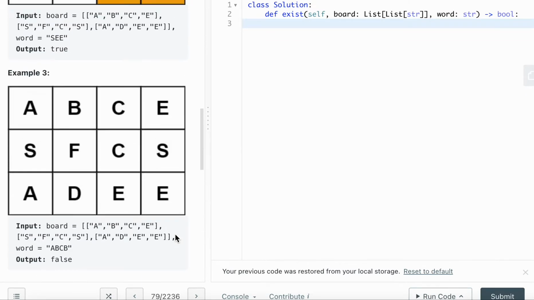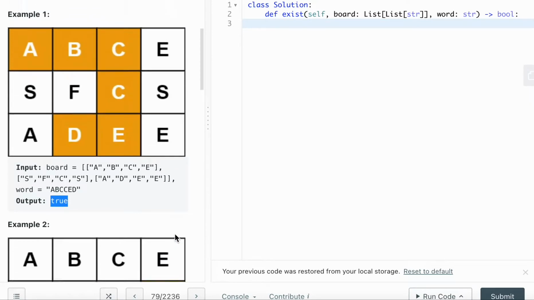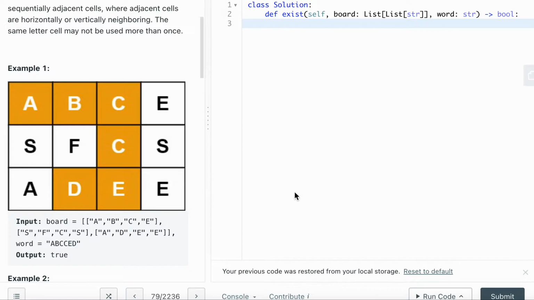And when I look at this question, I think the easiest way is to solve it using depth first search, because when you use depth first search, you can recursively look for its neighbors, and you can go by depth until the end, until you cannot go further anymore. You just continue to search, right? Let's say when I find the A, I'm going to continue to look for the neighbor, to look for the next character, until in the end I find the entire word it's looking for,